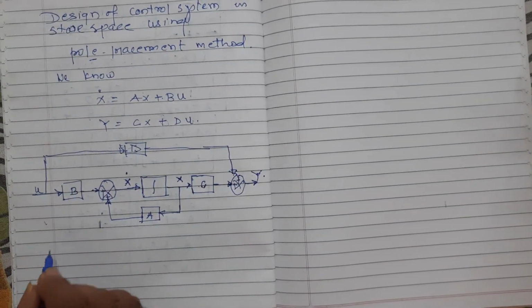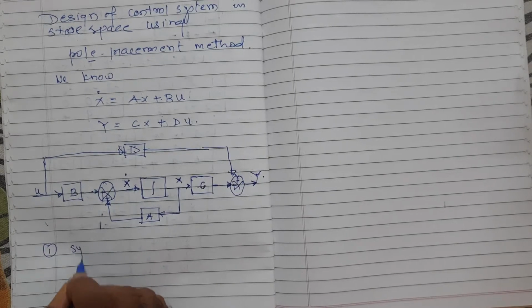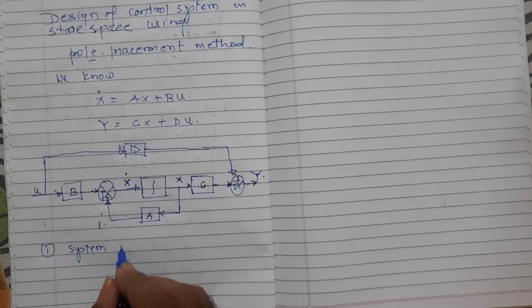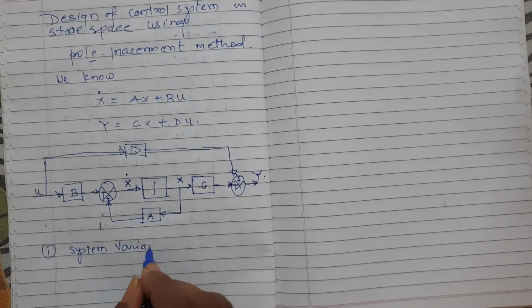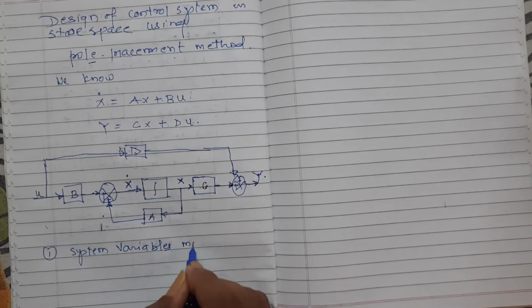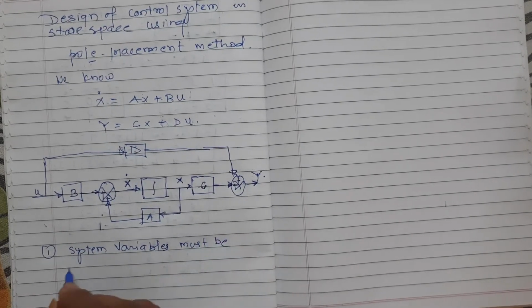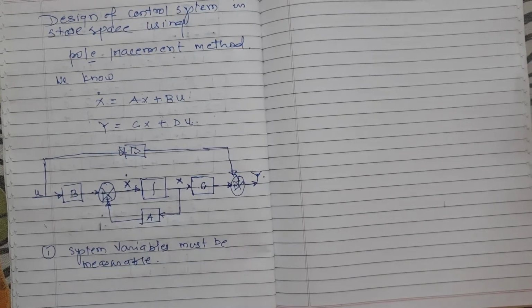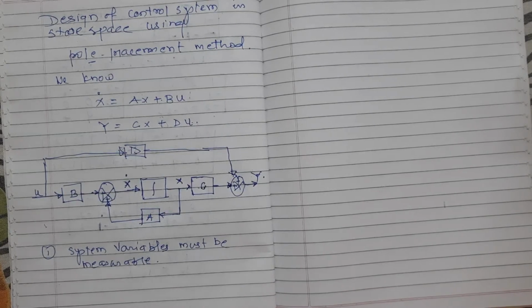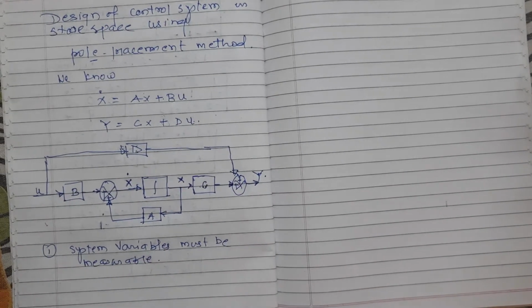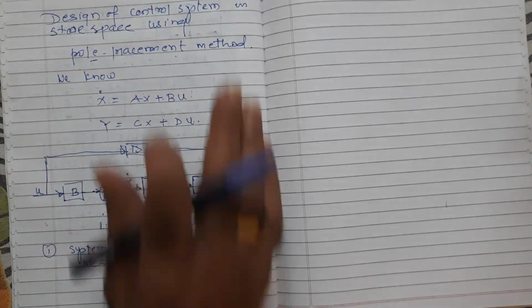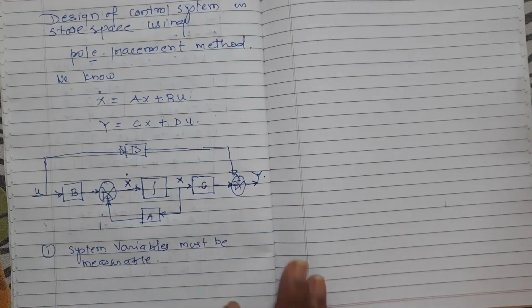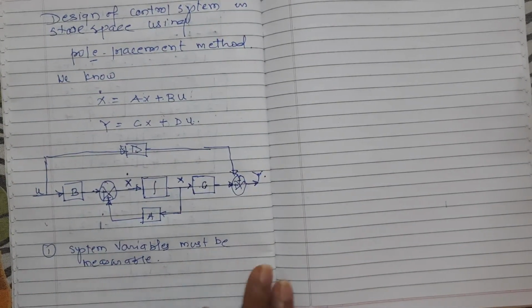the first condition is that the system variables must be measurable. System variables must be measurable, that means they must be available at any time, otherwise we cannot design the control system using the pole placement method. This is my condition, system variables must be measurable,